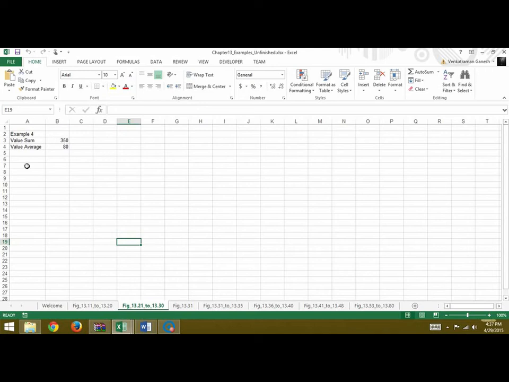Here, as you can see, we have example 4 in cell A2, value sum in A3, value average in A4, and 350 and 80 in B3 and B4 respectively. So we want to print these values in these cells by using VBA code. So what we're going to do is we'll first delete this,